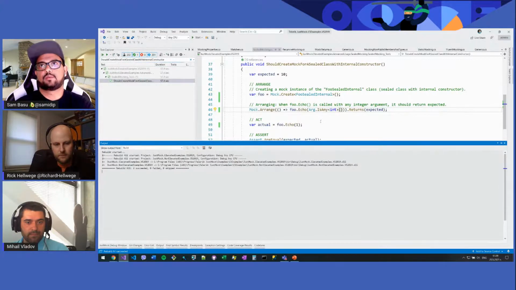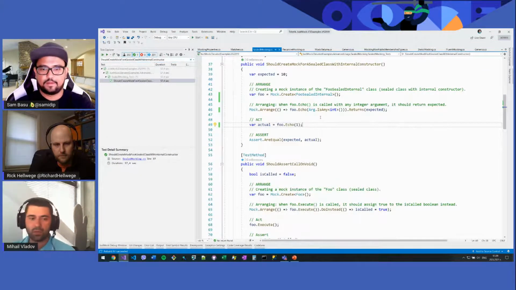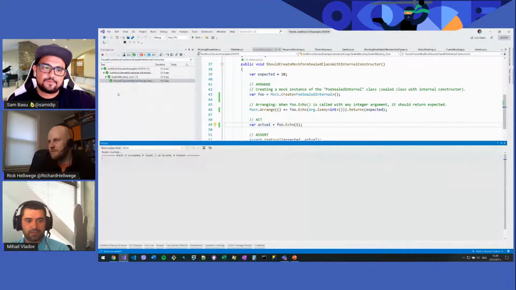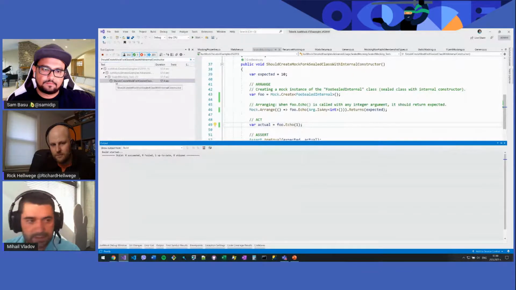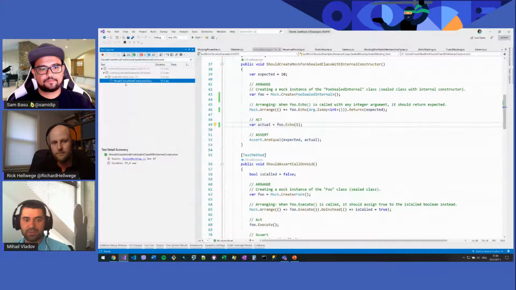And I can see how the debug window shows you all the arguments. That's helpful for developers. You know exactly what you have arranged, and you can see what is actually invoked as a code. So now I'll just run it. Can you see that? I think it's a bit small. And we can see that the test will actually pass because we've made the correct arrangement. Very cool, very cool.